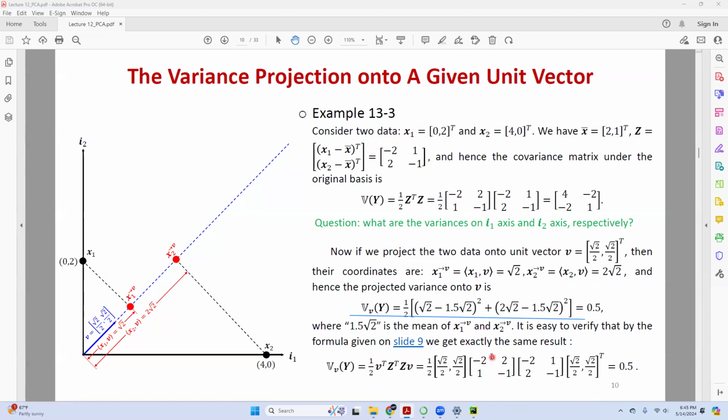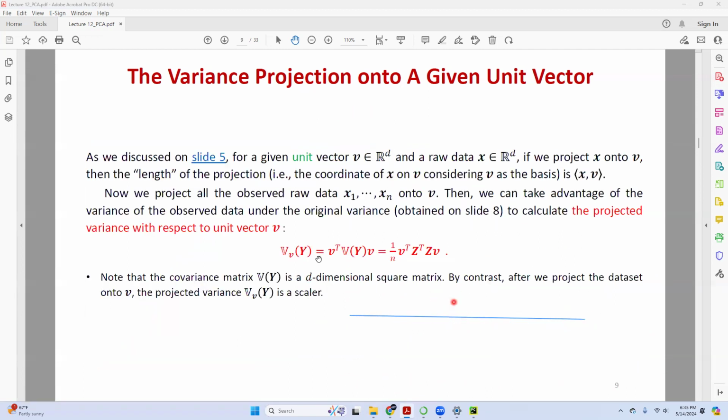So Z transpose is here, and Z is here. And I just do this. I'm lazy to open MATLAB to calculate it, but this calculation is super simple. You can easily verify it. The result is also 0.5. And hence, we can use this method. We don't have to project again, making different steps again. This method is going to be way easier.